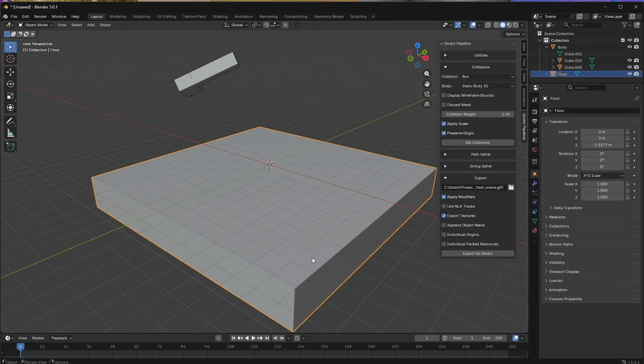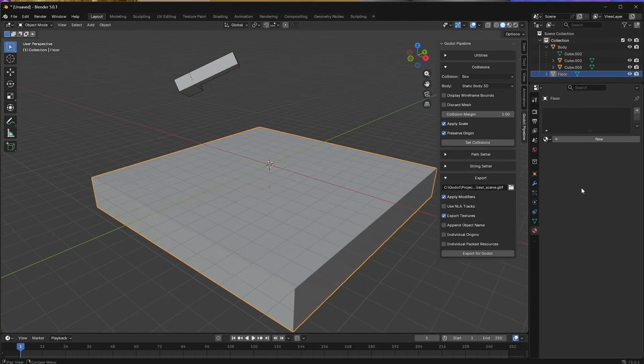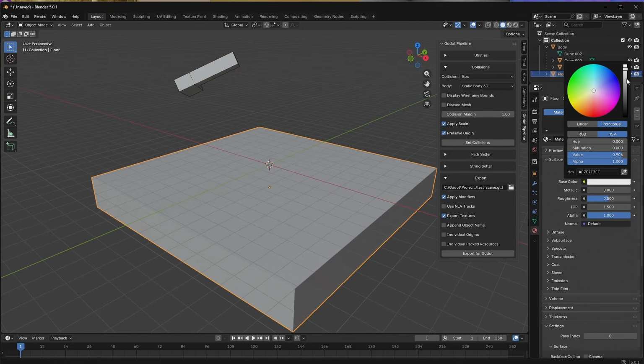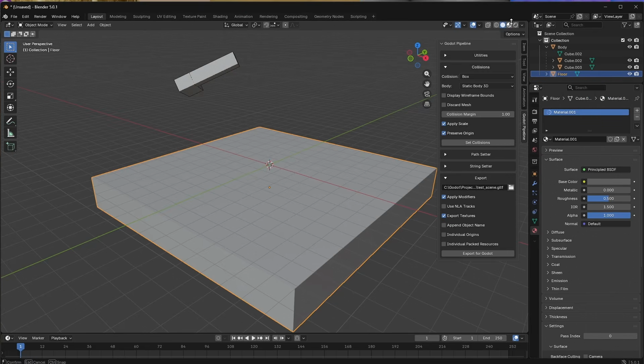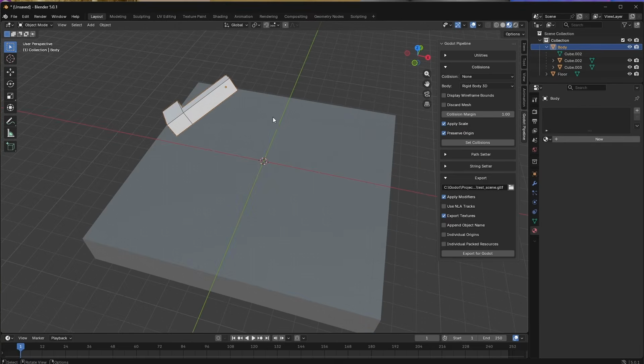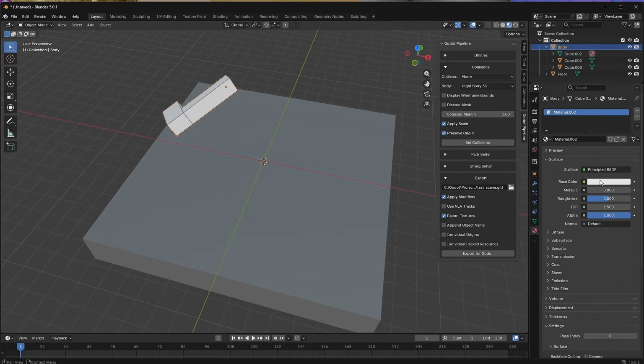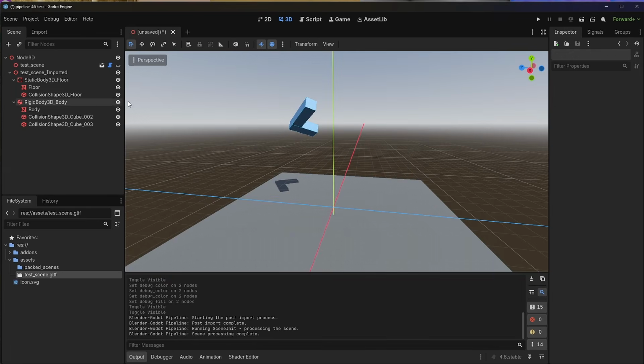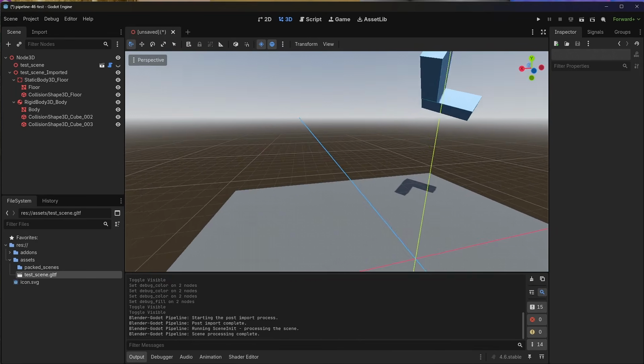Obviously, there's other GLTF things that you can just lean on in terms of colors and things like that. So we could change this to like a dark color. We could go on material preview just to see. And maybe this mesh here, we want to change to be, I don't know, some other color, right? So we can quickly export that, jump back to Godot, and we'll see all these changes happen pretty much instantaneously,